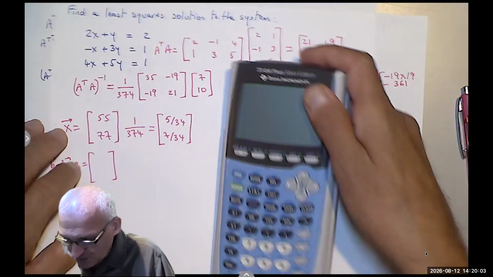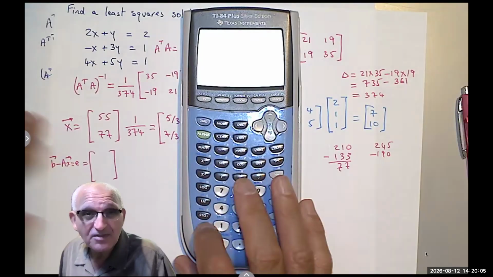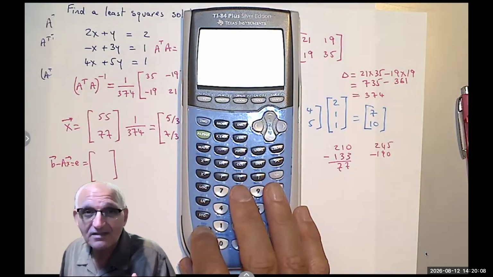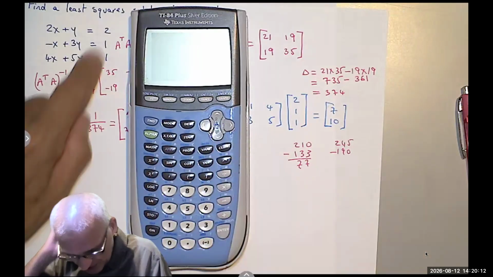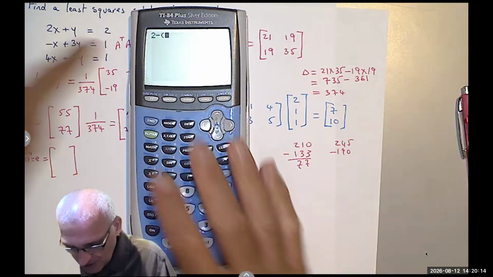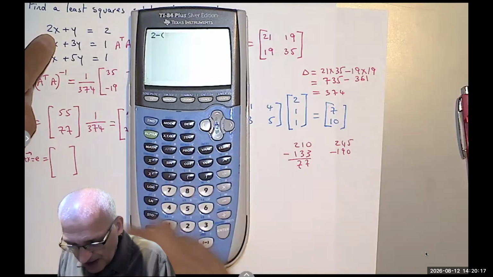It doesn't matter which way we subtract because at the end of the day, we are going to square and sum them up. We want the least sum of squares. So I'm going to say 2 minus, and then between parentheses, 2x, which is